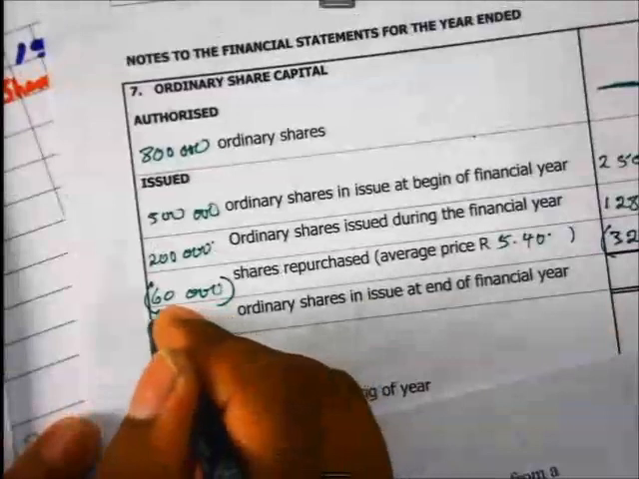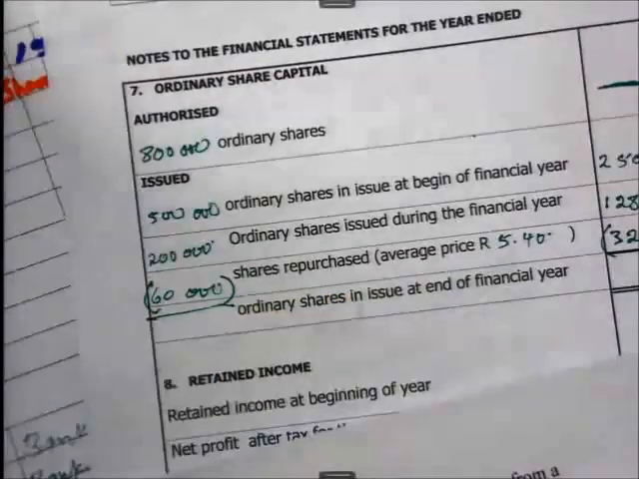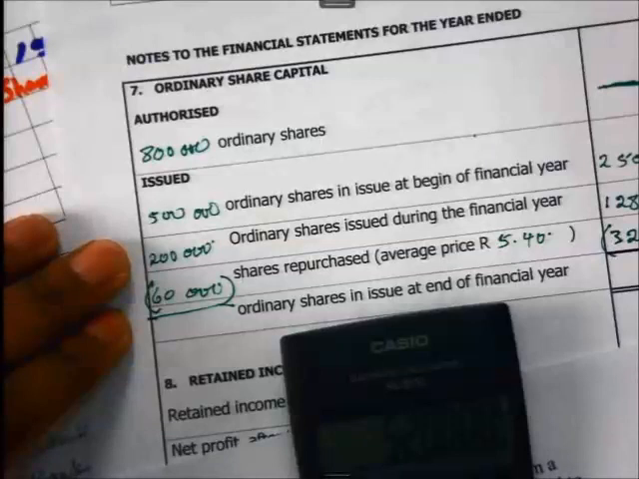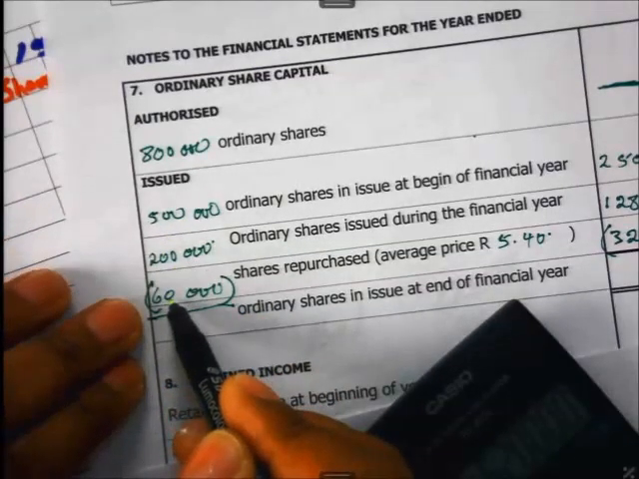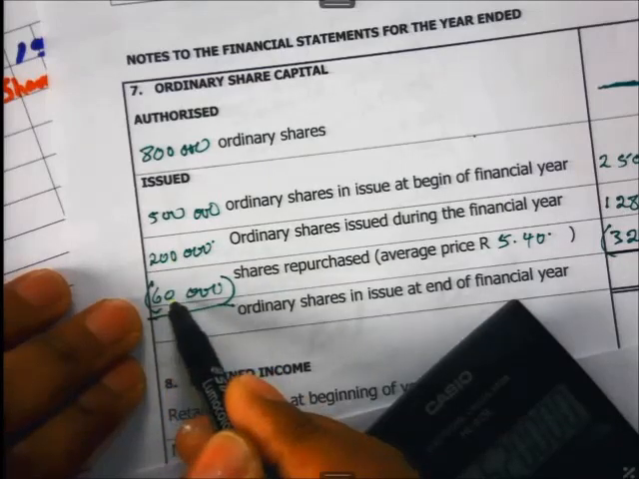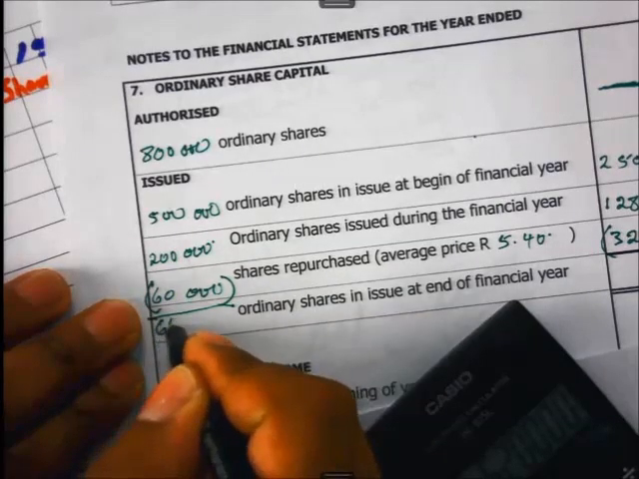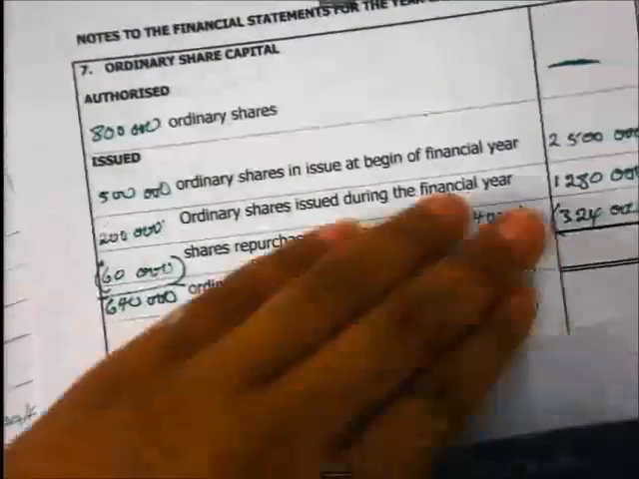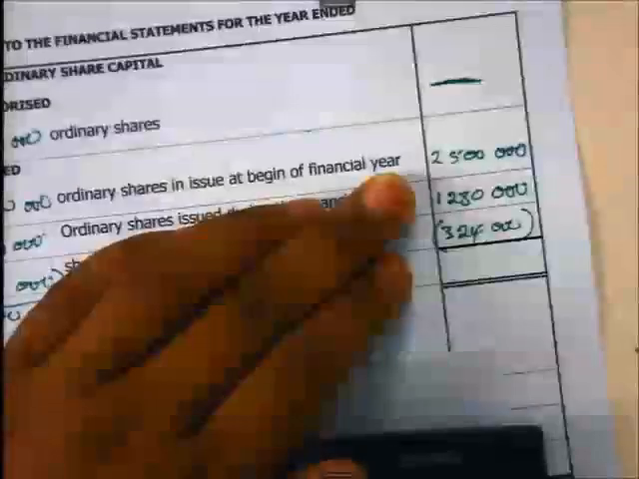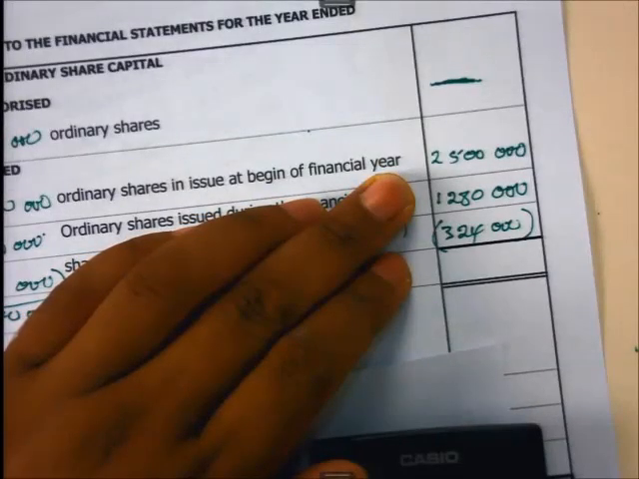Which means at the end of the year, how many shares are in issue? You have 500 plus 200 minus 60, 700 minus 60, that will give you 640,000 shares. 640,000 shares are in issue, and then the total value of our shares would be 2,500,000 plus 1,280,000 minus 324,000. That will give you